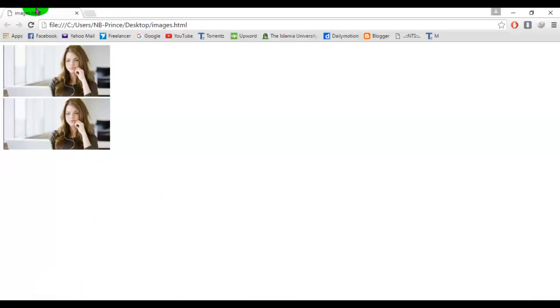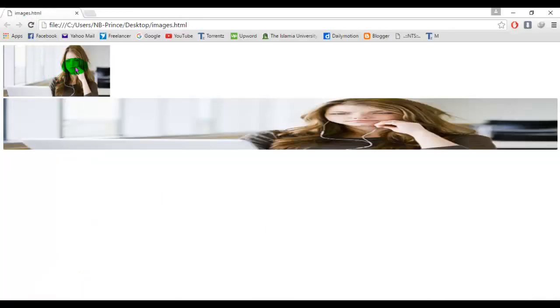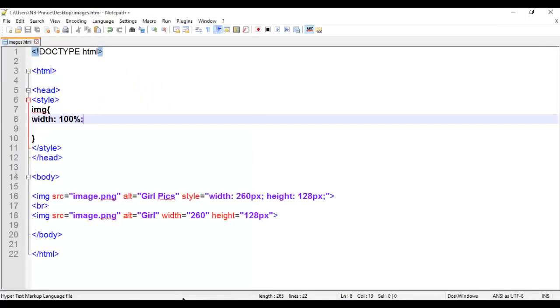Save and see in the browser. Now, as we have given the width and height in the style attribute, the image will not be changed. But if we give the width and height in HTML, then the CSS properties will change that image width and height. So we recommend using the style attribute to give the width and height to images.